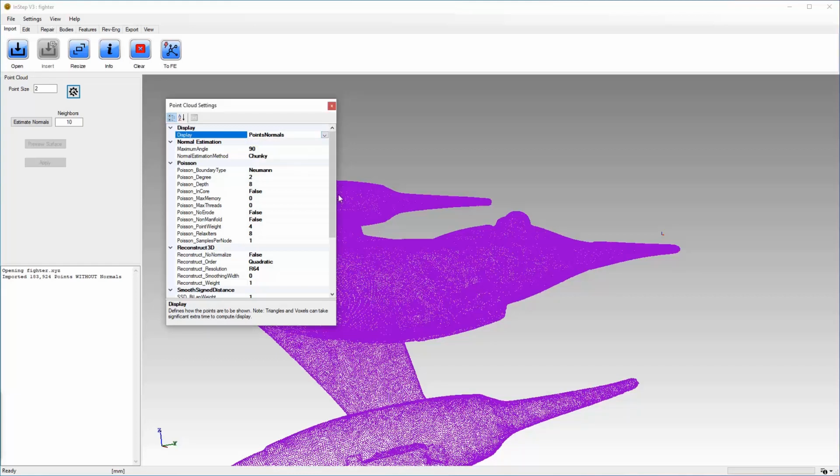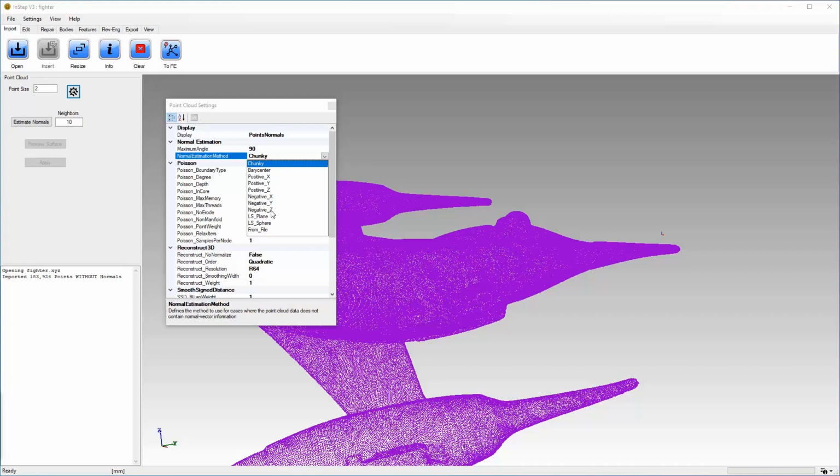If we don't have normals, there's a few options that we can use to estimate those. The chunky algorithm is sort of hit and miss. You can give that a try, but generally, if you know that the data is centered at a point, so for example, if you're scanning a football or something similar, then you know that the points will always have a normal that goes away from the center of the data. So that would be the barycenter option. If you're scanning a flat surface, maybe a face or something, then you can either pick positive or negative coordinates